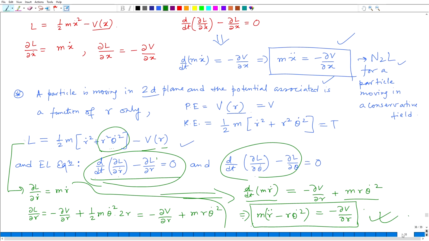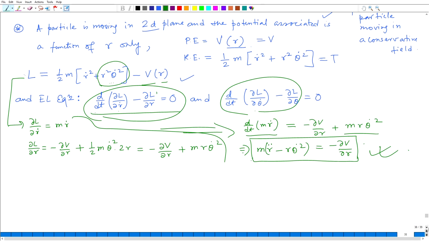What happens for theta? I can take del L del theta dot to be equal to m r square theta dot. And what is del L del theta? You see, surprisingly, although r and r dot both are present in the expression of Lagrangian, theta dot is present, but theta is not present. So, that is why del L del theta is 0, and I have finally m r square theta dot will be equal to